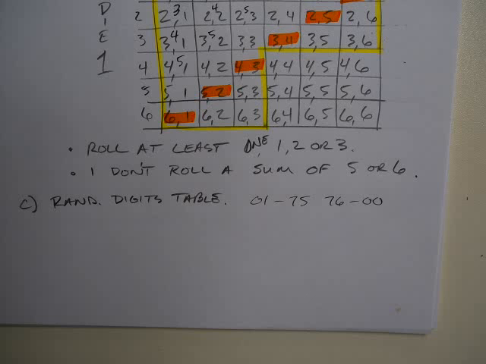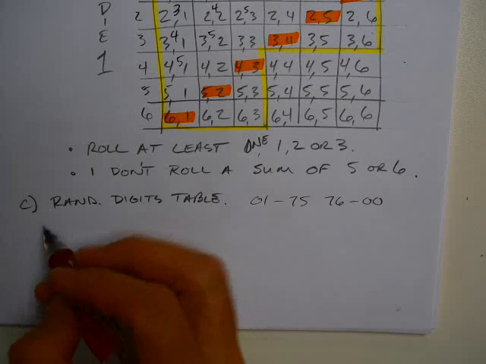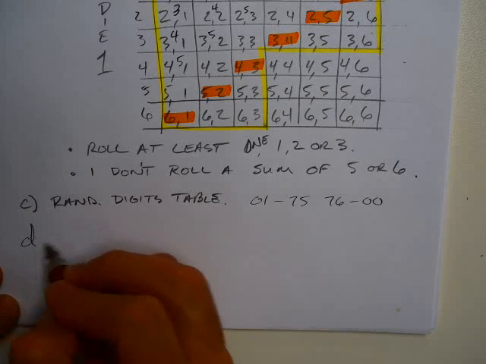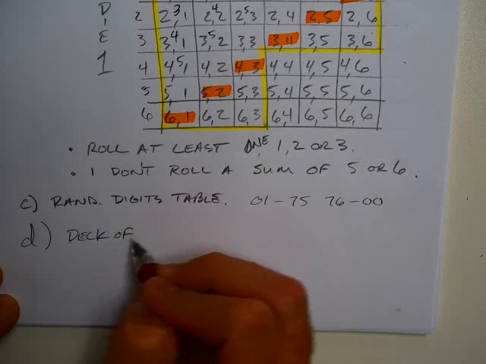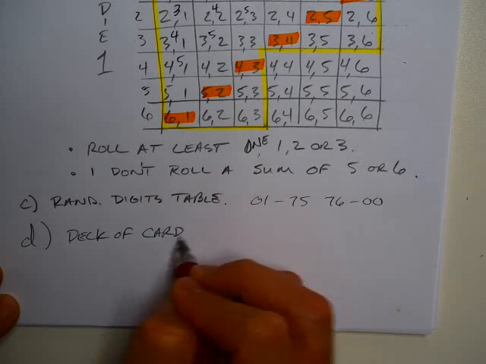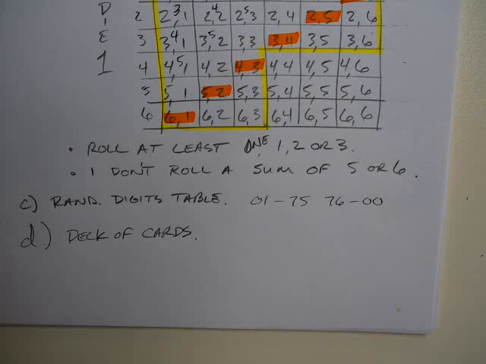All right, so the random digits table is pretty easy to set up, and then you just take 2 digits at a time, you know, or any 2 digits. How about a deck of cards? Draw 4 cards. We'll draw 4 cards and have one not be